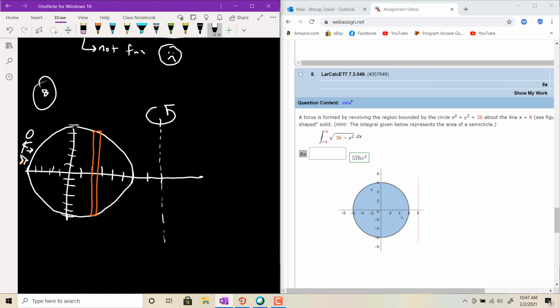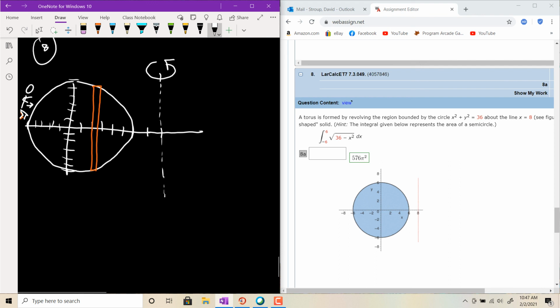You have to be careful because you can't use symmetry in this case, because the volumes of the shells on the left here are much greater than the volumes inside. If you think about it, you're rotating that region way around like this. The volume of something like this is way bigger than the volume of something like this. Okay, so anyways, as usual,